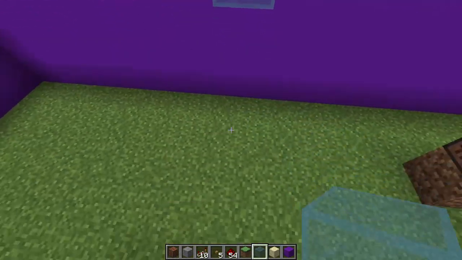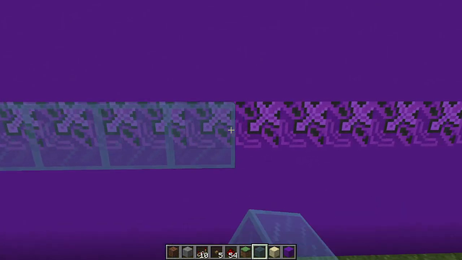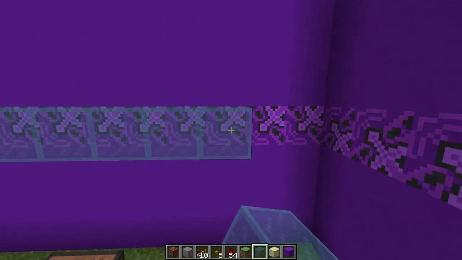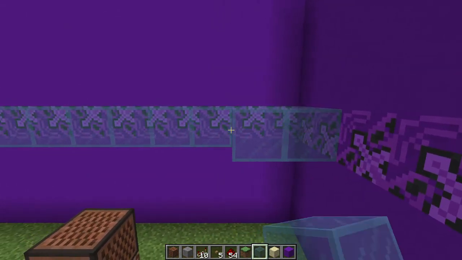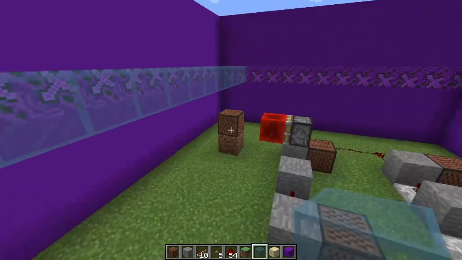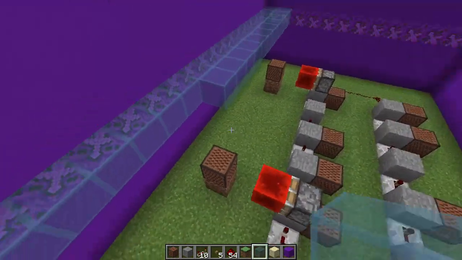I've put a nice colour coordinated section for me to get started. And all we're going to do is cover this up with glass. I like to use glass because you can see through it, so you can see what you've got below. Now, this will take a long time if we're going to do this across a whole song,